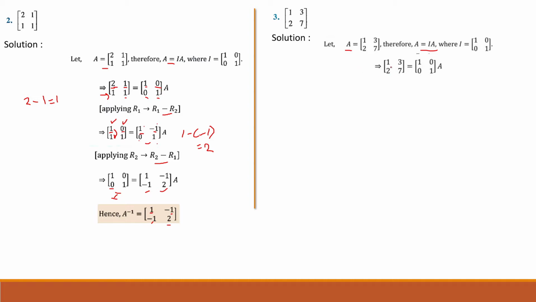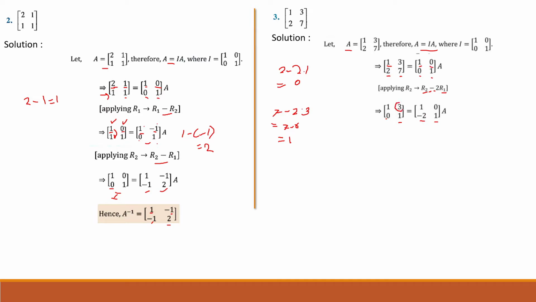So अब यहाँ पे first element हमारा 1 है already. We have to make this element 0 by using this 1. So the transformation will be R2 minus 2 into R1, which will be 2 minus 2 into 1, which is 2 minus 2, 0. Row 1 दोनों भी matrix में हम as it is लिखेंगे. And for this element, it will be 7 minus 2 into 3, which is 7 minus 6 is 1. For this matrix, 0 minus 2 into 1, which is minus 2, and 1 minus 0 is 1.